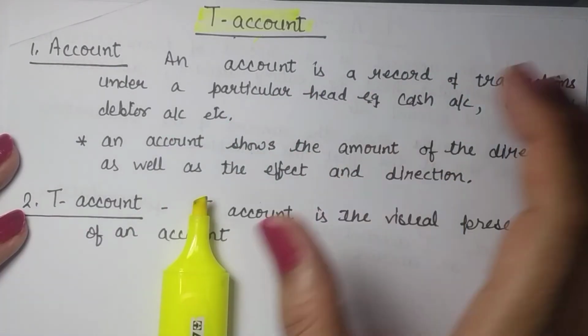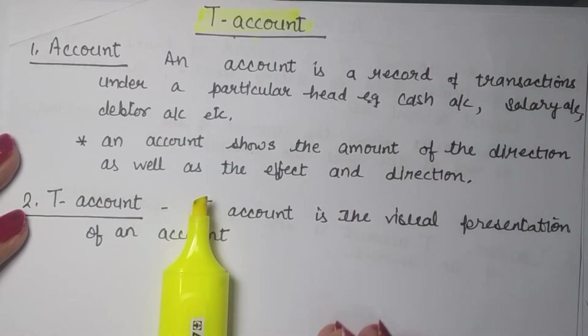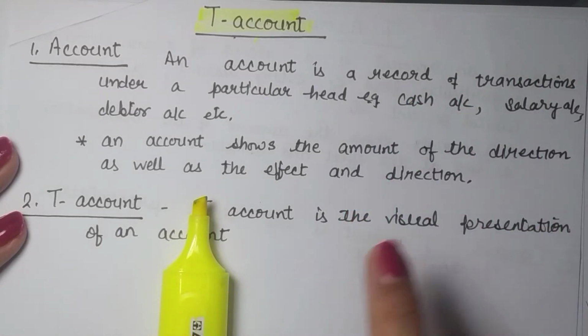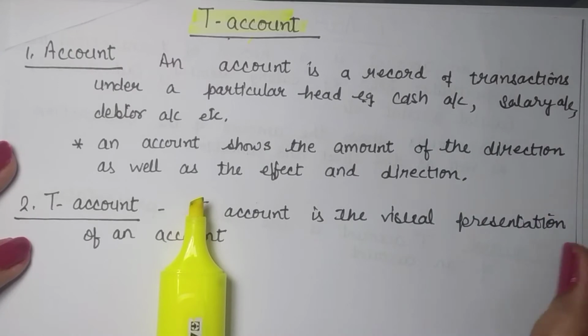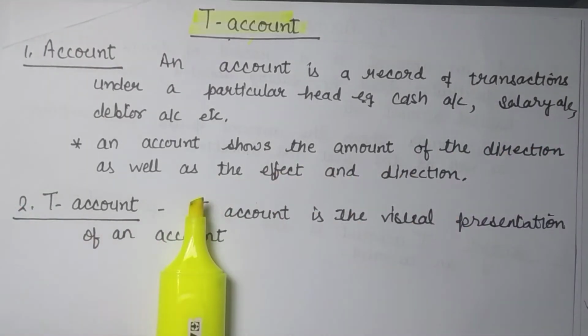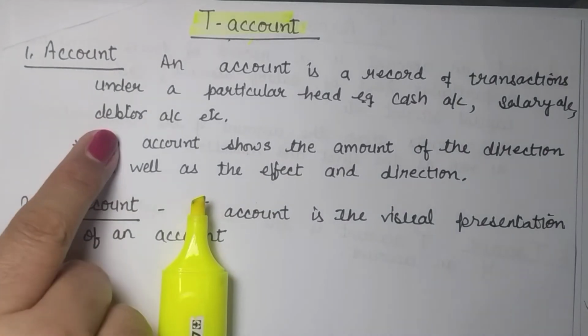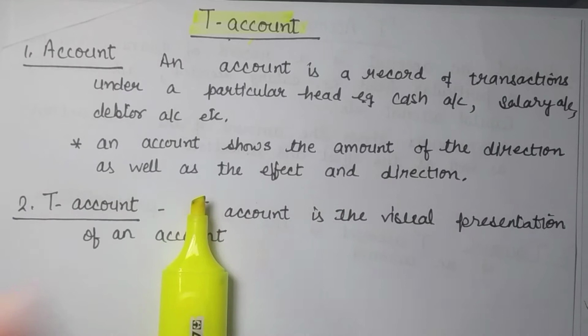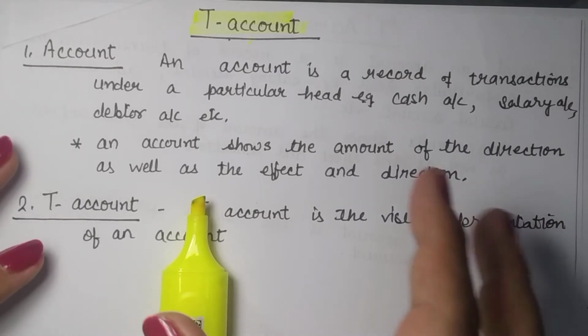So everywhere where cash is spent or received, anything relating to cash will come under cash account. When you pay salaries to your workers, it is coming under salaries account. When you have receivables, money to be received from your customers, you have debtors account, account of capital, rent accounts, right? So we have different accounts for classification of the transactions.